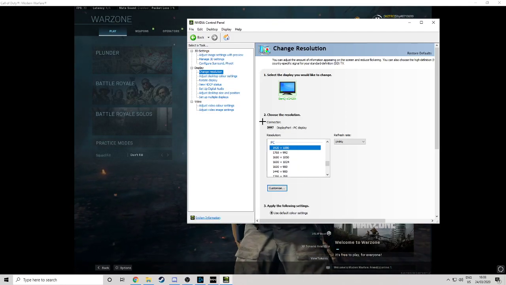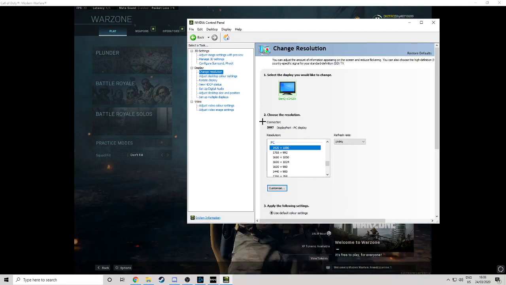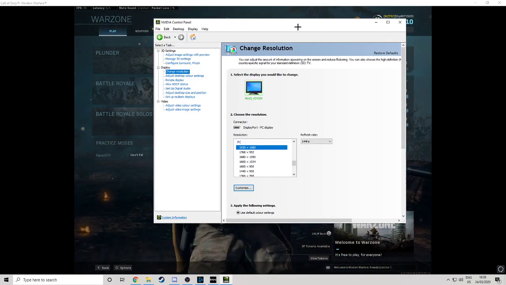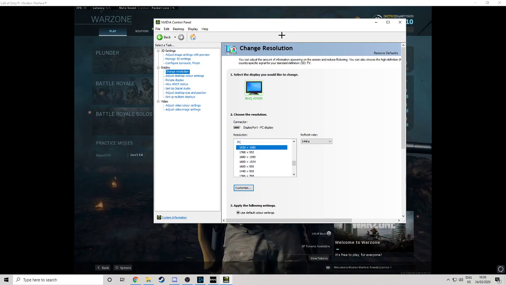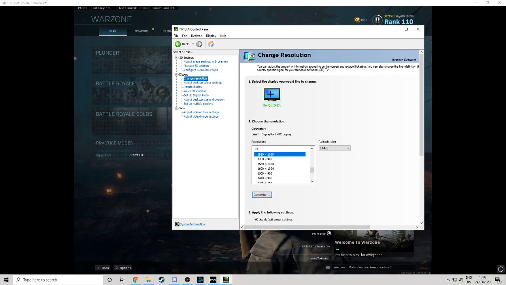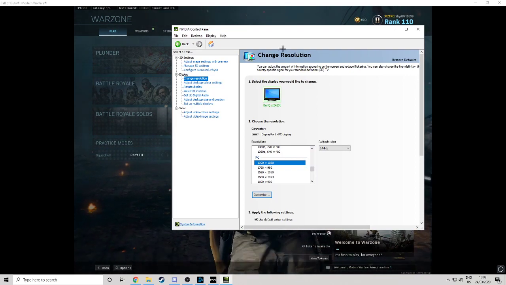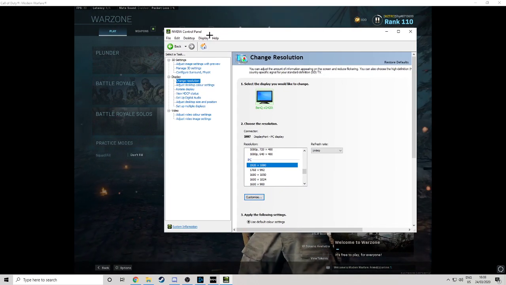Alright, so I figured I'll put together a basic tutorial of how to use stretch res in Call of Duty Modern Warfare. Without black bars, that is. So, multiple steps. If you haven't made a custom resolution, then you want to access your NVIDIA control panel